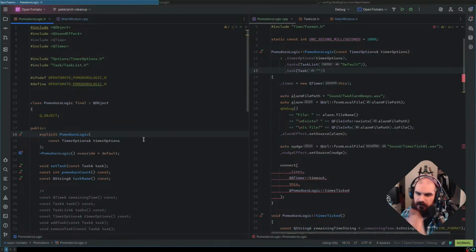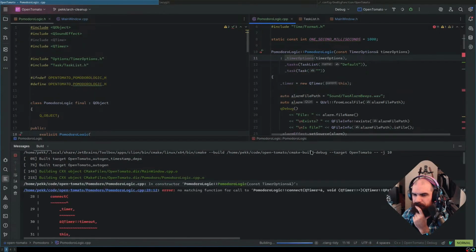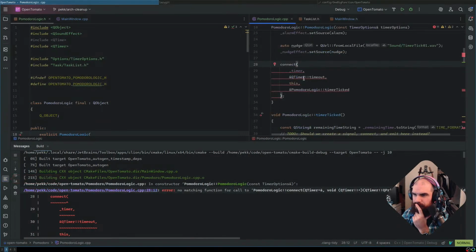Now we want that to be explicit because we don't want people to be able to assign timer options. Oh wait, it's fixed now? Oh, connect.